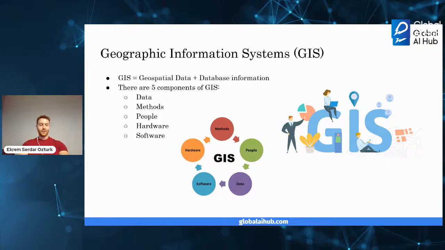I think they're all self-explanatory, because to work with geographic information systems, you need data, and you need methods, like calculations, guidelines and other things.